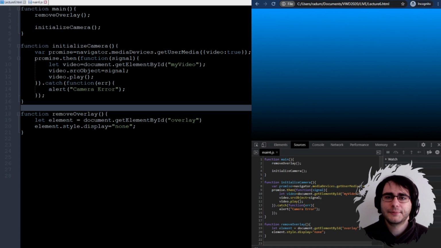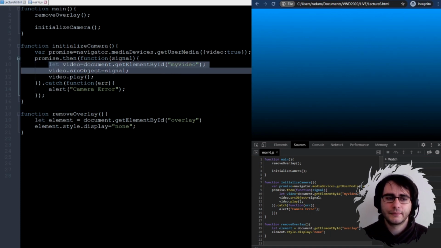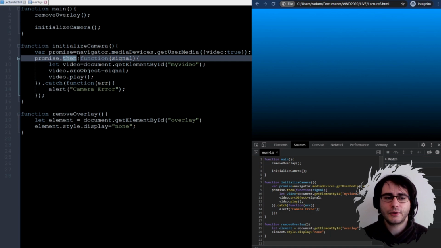Okay, so now I can explain what this promise is. This promise is basically requesting access to get the media from the camera. And the code inside this then is only going to execute if I press this allow button. I'm not sure if you see this. Oh, I think you don't see this. For some reason the screen sharing system doesn't show this pop-up,